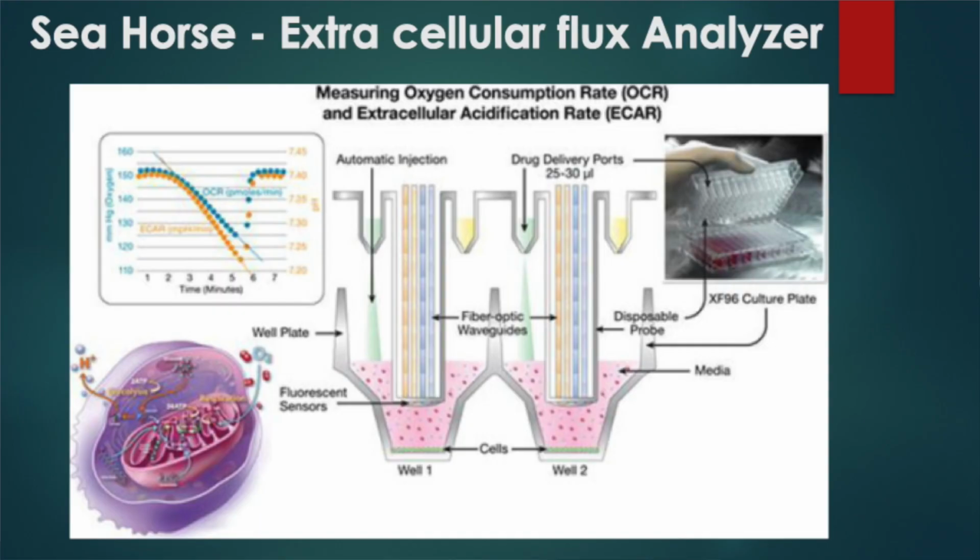In order to achieve this, there is a new instrument called the Seahorse extracellular flux analyzer. This instrument helps us study glycolysis as well as oxidative phosphorylation in a cell. Normally, if you have to study glycolysis and oxidative phosphorylation, you need to lyse the cells and analyze the amount of ATP and the amount of lactic acid produced in a cell. The amount of ATP gives an indirect readout of the oxidative phosphorylation taking place within a cell, and the amount of lactic acid gives us the amount of glycolysis that the cell is undergoing.